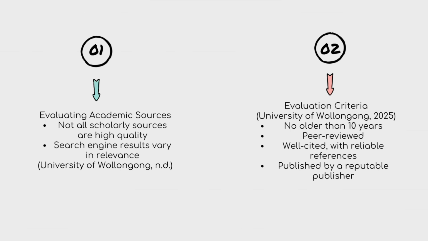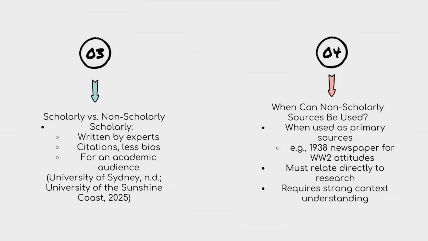Make sure that the source is no older than about 10 years old, unless the source is directly relevant to what you're researching. Make sure the sources are peer-reviewed so you know that they're fact-checked. Make sure the source itself comprehensively and correctly cites other sources, and that those other sources back up the source you're researching. And also make sure that the source has a reputable publisher. With all of these points in mind, finding high quality and relevant content will be much easier,